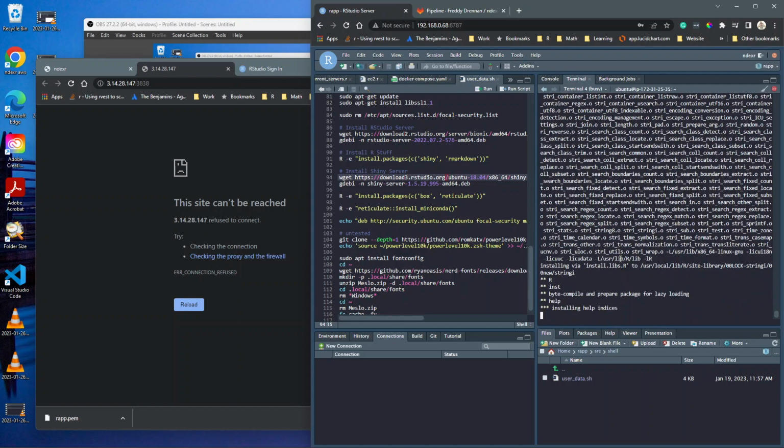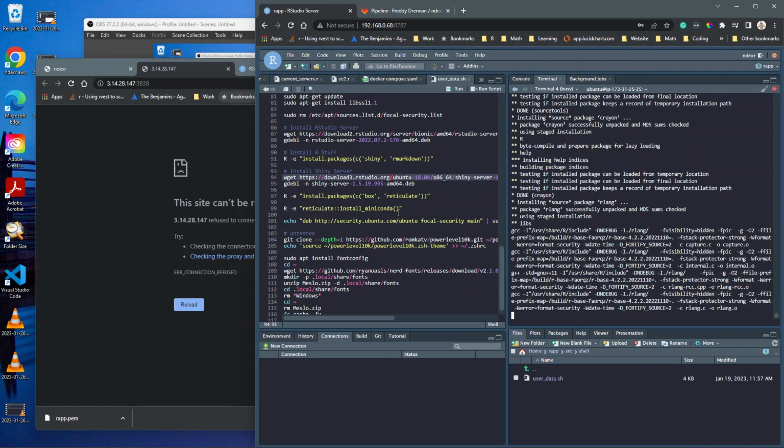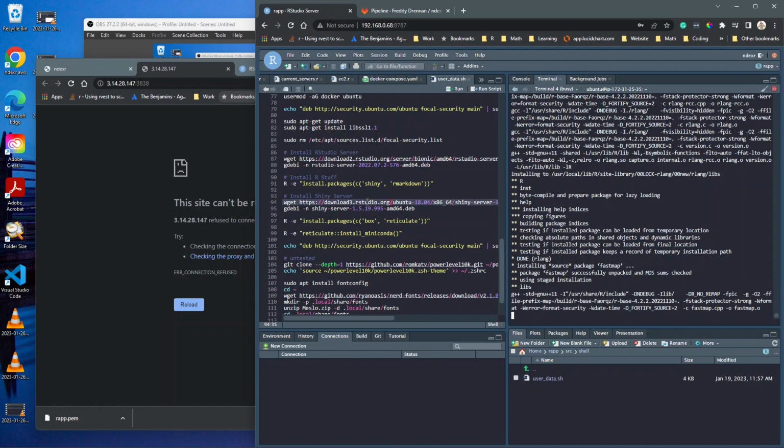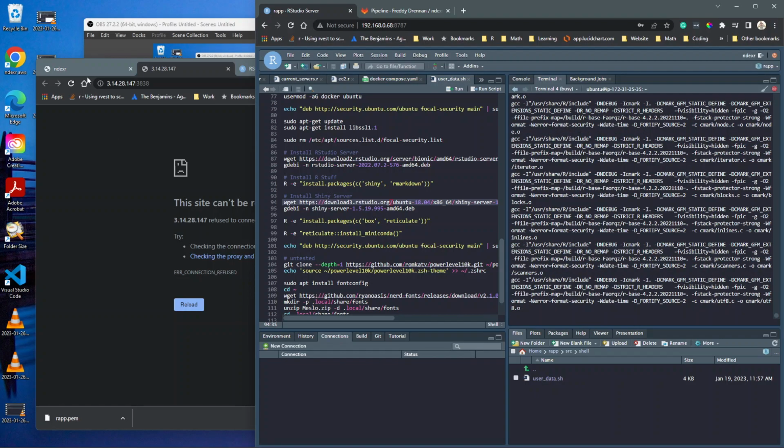over here. So it's just the fact that the Shiny server hasn't started quite yet because it's got to finish installing these packages. So yeah, and then install Miniconda, and whenever I said it was installing Miniconda, I was lying. But yeah, let's give this a second so that we can see our Shiny server. However,